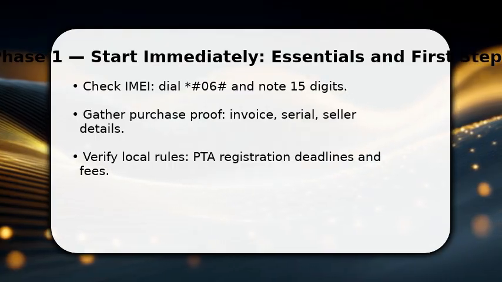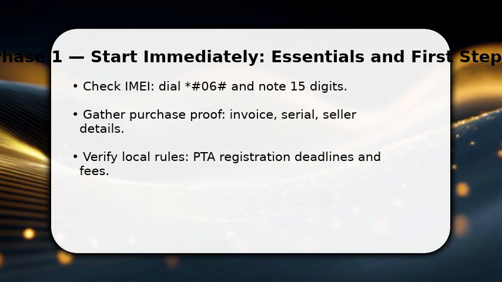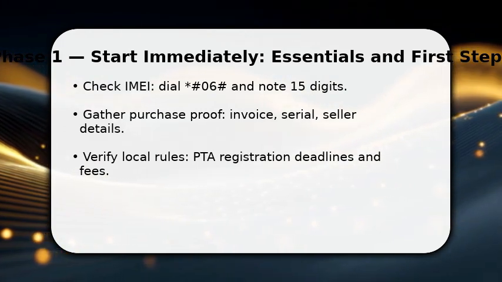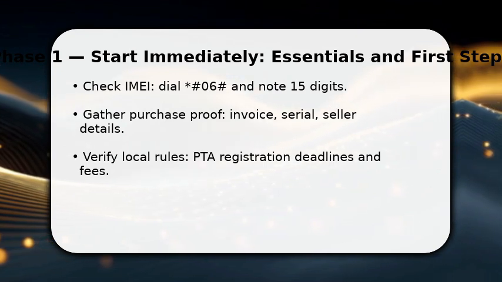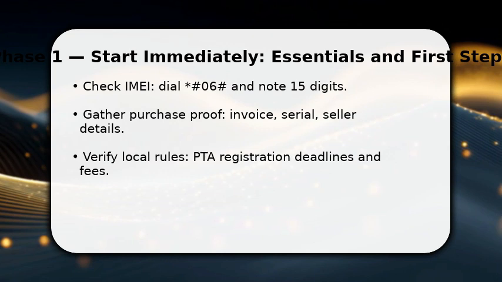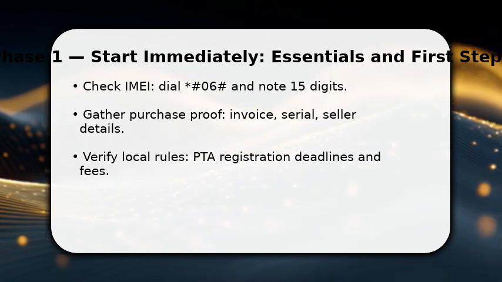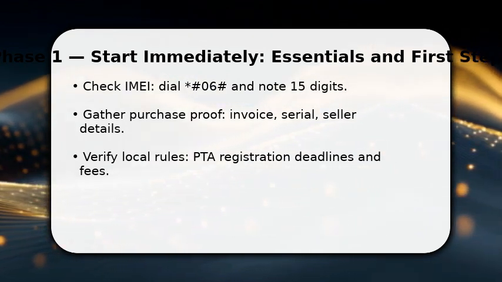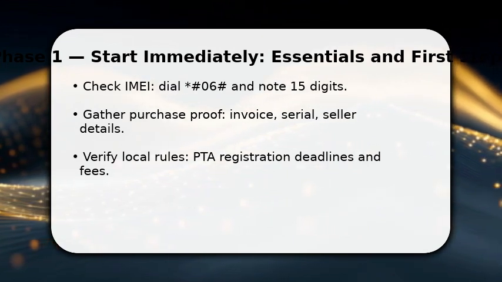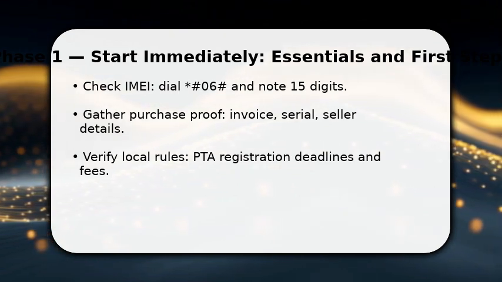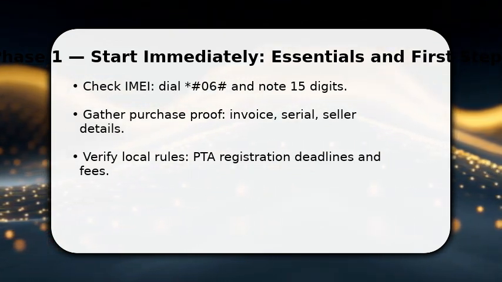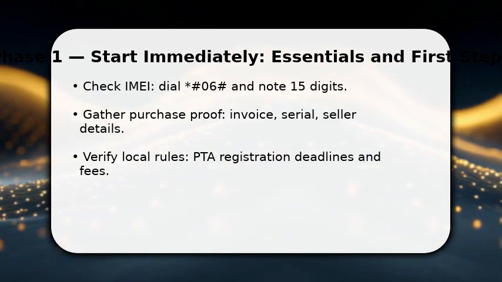You begin by confirming eligibility. Check the IMEI now, dial *#06# and write down the 15 digits. Once done, gather your invoice, serial number, and seller contact so you have proof. Make sure to review the PTA rules in your region. They explain fees and timing. Starting with these concrete facts avoids wasted steps later and ensures you have the documentation required for lawful registration or